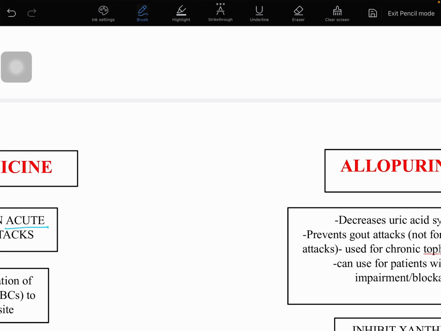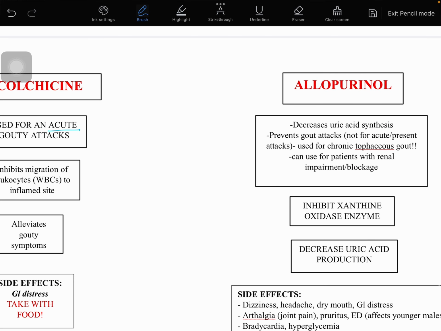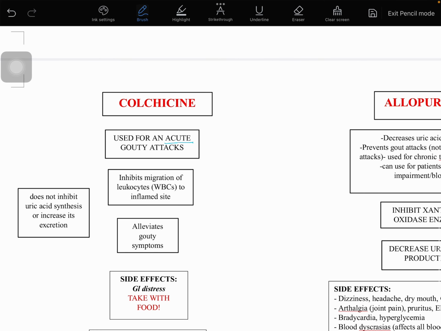So actually, we have 3 na klase ng anti-gout agents natin. We have your anti-inflammatory gout agents natin, we have your uricosuric, and of course, we have your xanthine derivatives na tinatawag. But then these two are just very common. No? They are widely being used to treat symptoms or to treat mismo yung ating gouty arthritis. Kaya we have here your colchicine.